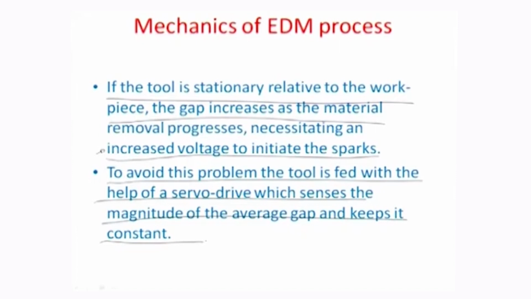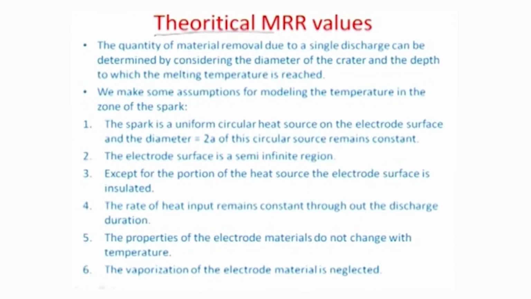So theoretically, if we were to estimate the material removal rate values, we really need to consider the heat transfer process between one such spark which is happening over a certain surface and the way it delivers the heat energy to cause the material to melt and go out. So let us now see how to estimate the quantity of the material removal due to such a single discharge or single spark, and this can be determined by considering the diameter of the crater and the depth to which the melting temperature would reach. So if a crater like this, let us say, is formulated on a surface like this